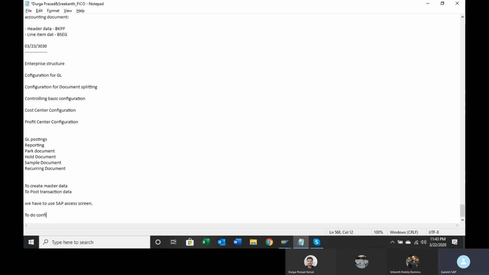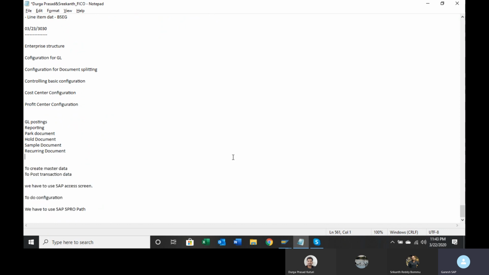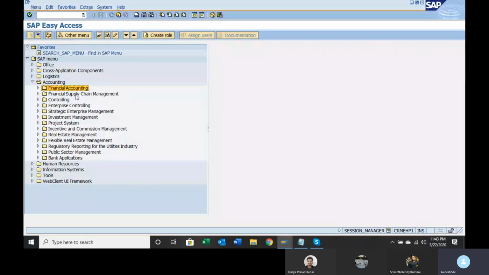To do configuration, we have to use the SAP SPRO path. Okay, make it clear. So right now we wanted to post the transactions.